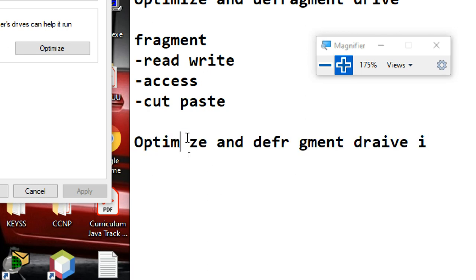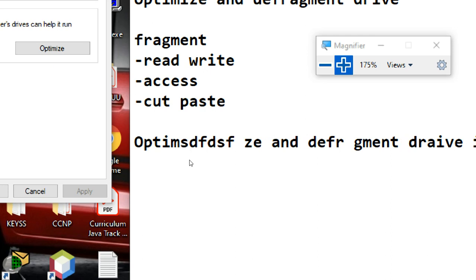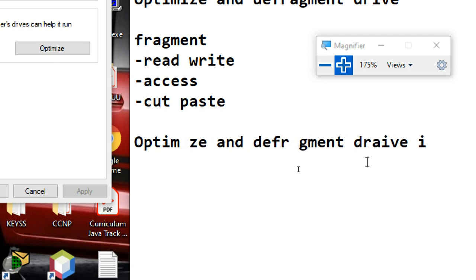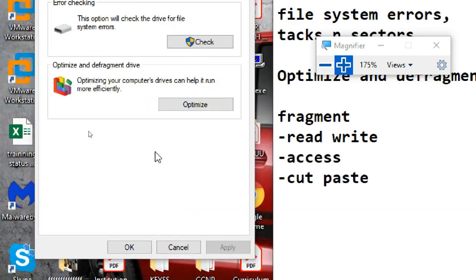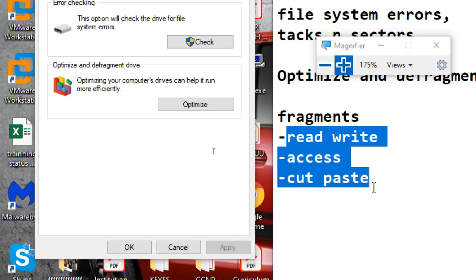We can't fit something here because, for example, I want to delete one letter only, right? I want to put four letters. I can't put them in that data space. Understand, in terms of data space only. Just for example, I'm showing. So when you remove data and replace data, while writing new data or reading data like that, at that time fragments will be created. The fragments are created because of this data movement.